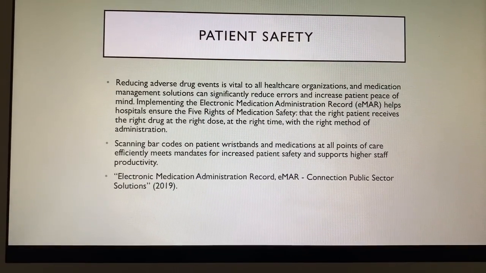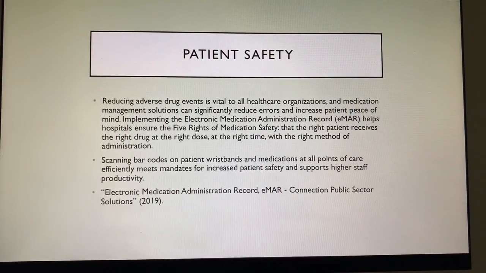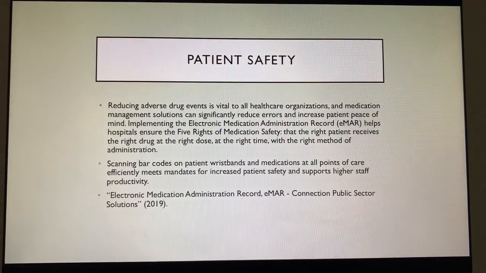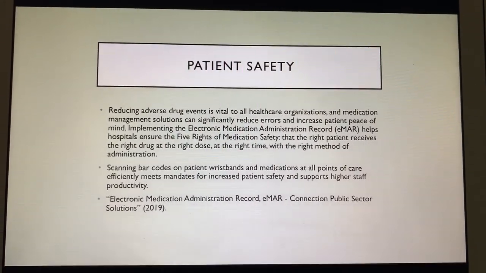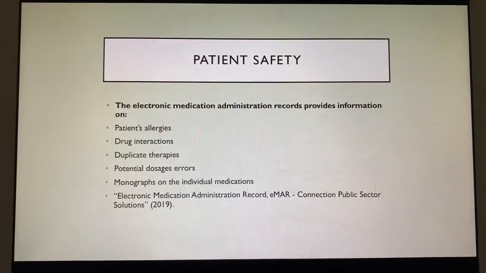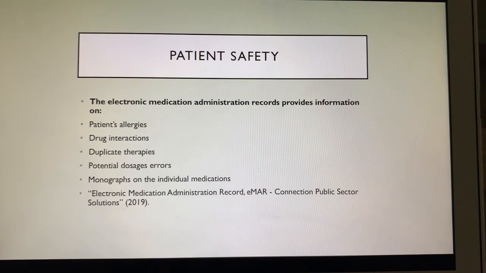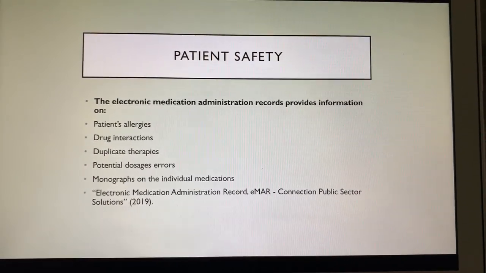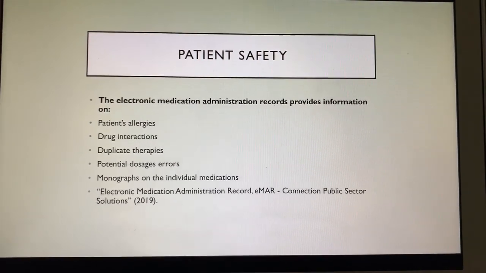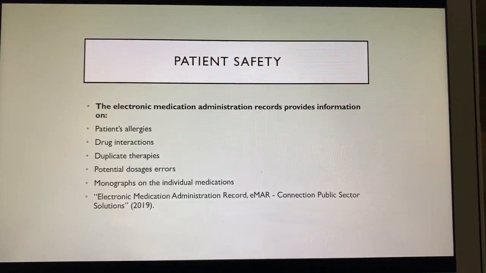So by scanning barcodes on patients' wristbands and medications at all points of care, the hospital efficiently meets mandates for increased patient safety and supports higher staff productivity. The electronic medication record provides information on the patient's allergies, drug interactions, duplicate therapies, potential dosage errors, and monographs on the